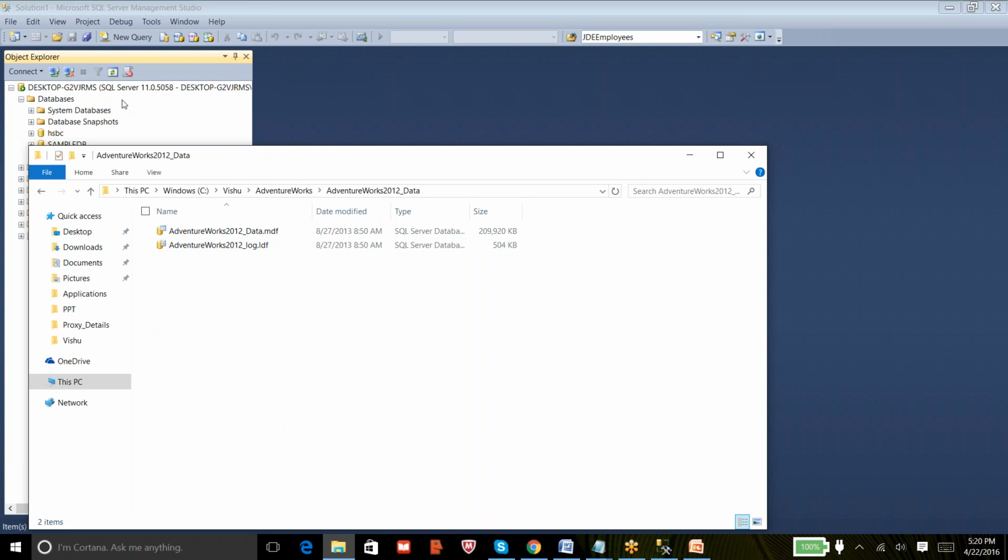How can I do that? It is with the help of the detach and attach option. When you are given MDF and LDF files, you map them onto a SQL Server using the detach and attach process. So I can take you through that.